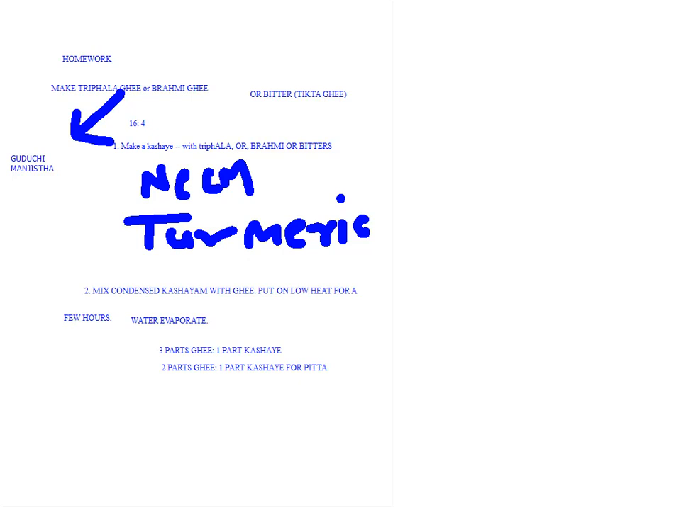And the best way to make it is to make a small kashaya. Use a 16:4 ratio. Make a kashaya till only 1 or 2 ounces are left. And then mix the condensed kashaya with ghee. Remember, nobody